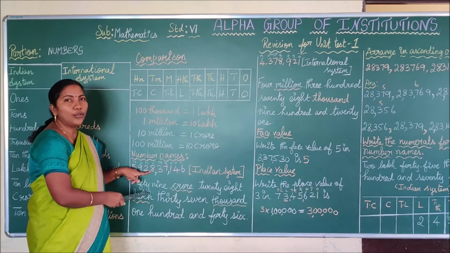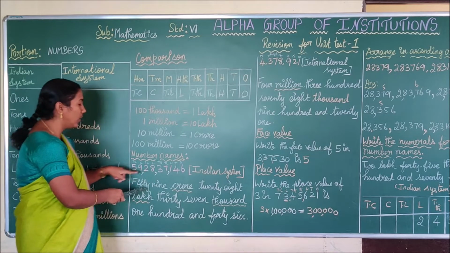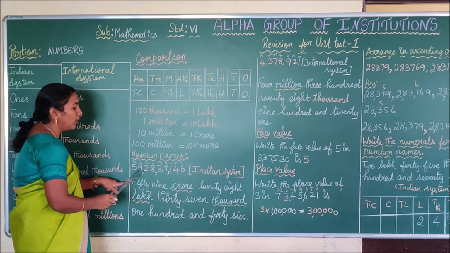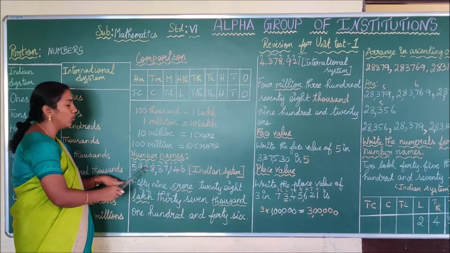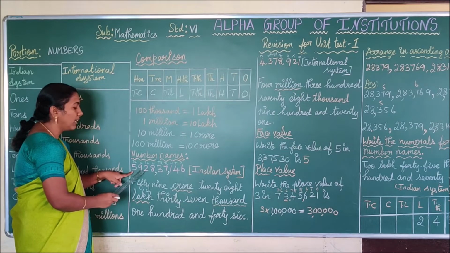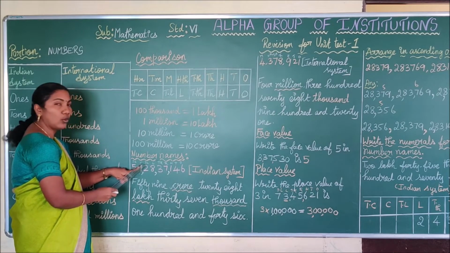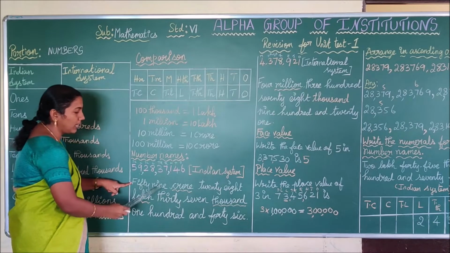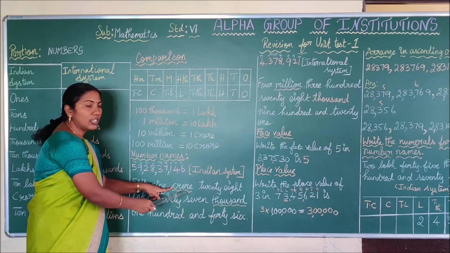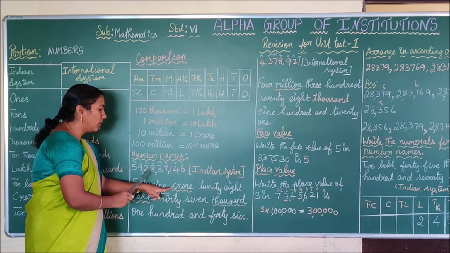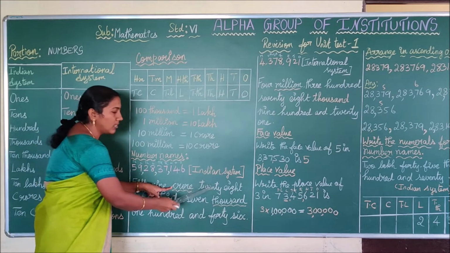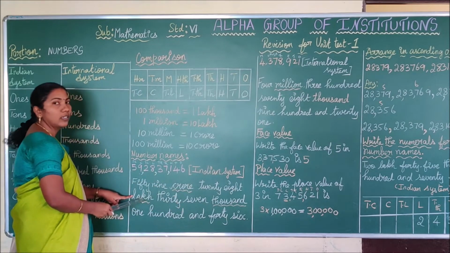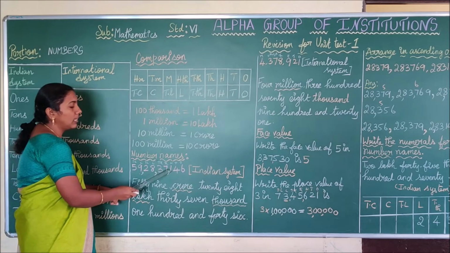Next we are going to write the number name for the given number. How can you write the number name? You have to read each period of the number as a whole. So you have to write it as 59. What is the place value of 9? Crore. So you have to write it as 59 crore. Is it clear, children? Next, what is the next period of the number? 28. What is the place value of 8? Lakh. So you have to write it as 28 lakh. See the next period of the number, 37.